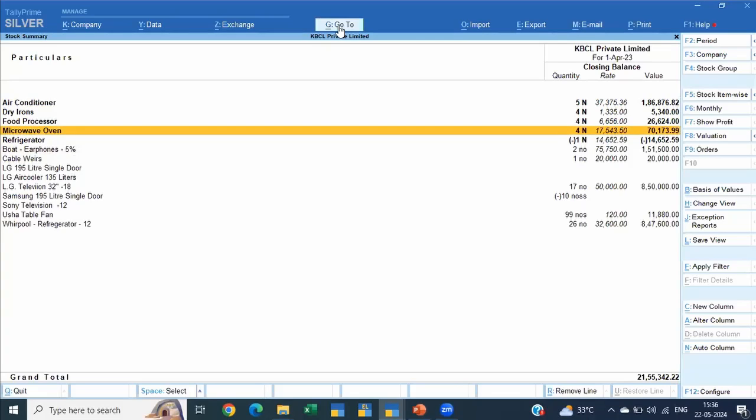Any other luxury goods, if we talk about generic luxury goods, will all fall in the 28% tax bracket. In that case, what you can do is specify your GST rate at company level. Your HSN can be specified at, say, stock group level or item level. Now, this depends purely on your client's decision, how they want to maintain their accounts.